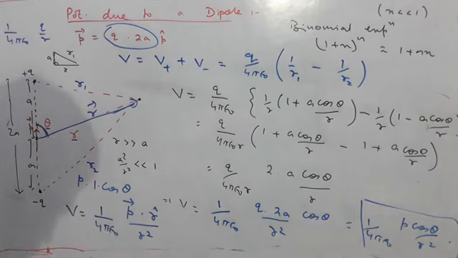I will stop here, students, for the first class. Today basically we discussed potential difference and potential, and we have seen one example of how we can find the electric potential due to an electric dipole. With these concepts in mind, in the next class we shall proceed further to some more problems and the concept of electrical potential energy. Thank you, all the best.